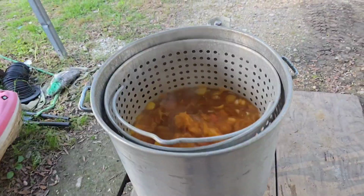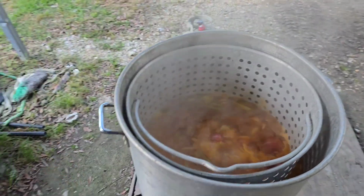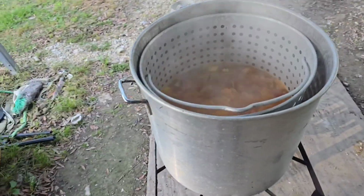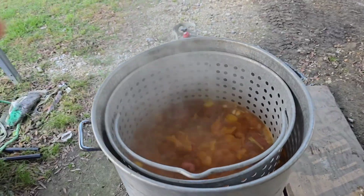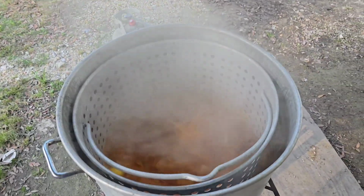You kind of want to time everything off the potatoes, so I'm only going to let my potatoes boil for about 5 minutes before I put the crawfish in. You don't want your potatoes to be too hard and don't have flavor, and you don't want them to be too soft and break up everywhere. So I like to time everything off the potato. I set a timer for 5 minutes after I put the potatoes in, and then that's when I'm dropping the